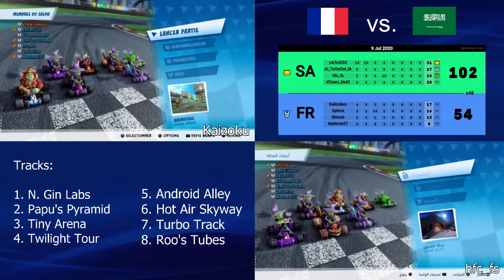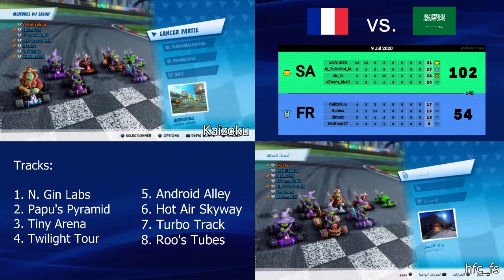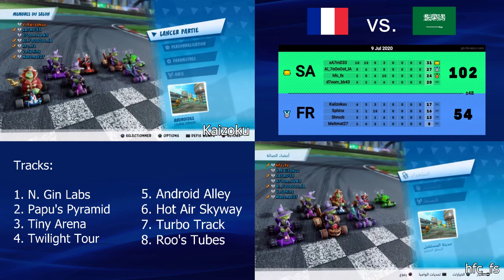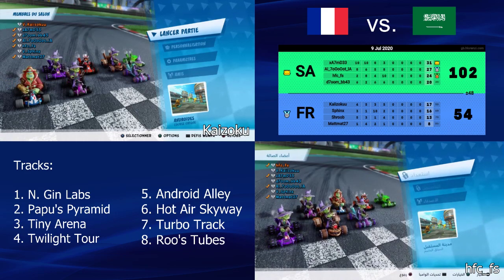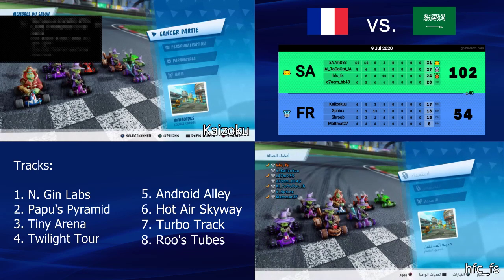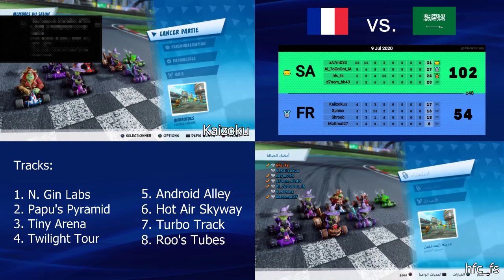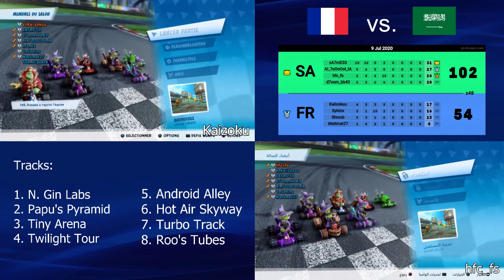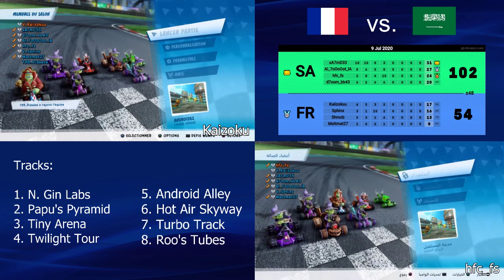And we have plus 48 for Saudi Arabia. That's a massive lead, to be honest. Like we saw Shub leaving, so they will sub him for sure. Yeah, he's getting subbed for Diabeat.